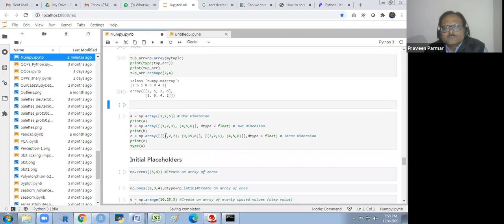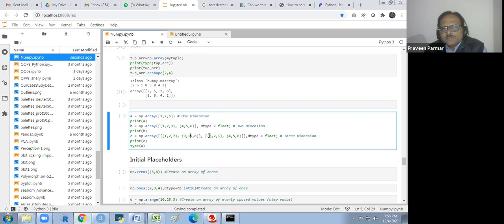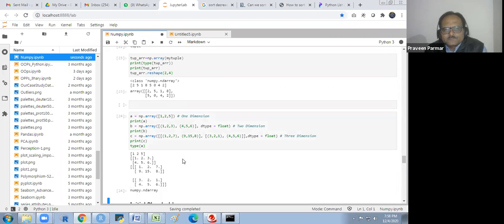And NumPy array, I am taking the 1 dimension, then if I want to make 2 dimension, and the 3 dimension, I am making here. So in this way I could make. So I just run this, then you could see it better. It is the 1 dimension, it is the 2 dimension, it is the 3 dimension. So we are getting 1 by 2 and 1 this and 1 matrix is this. This is just like in R, we have studied about the array. So that is like the 3 dimension array. Got it?